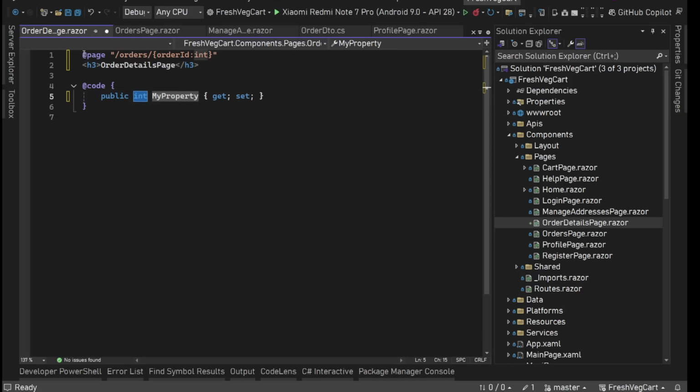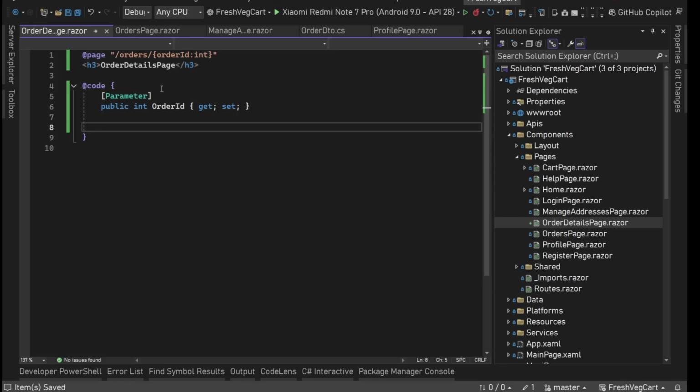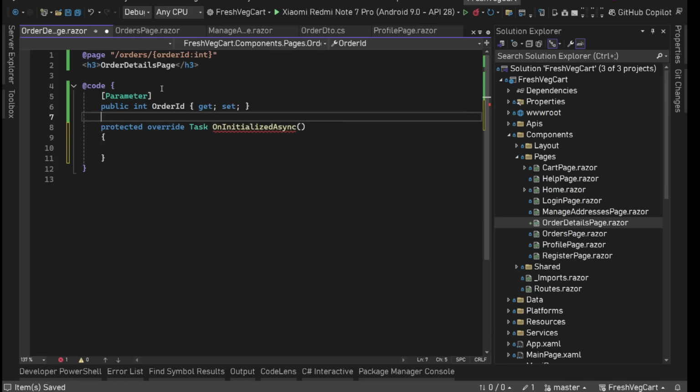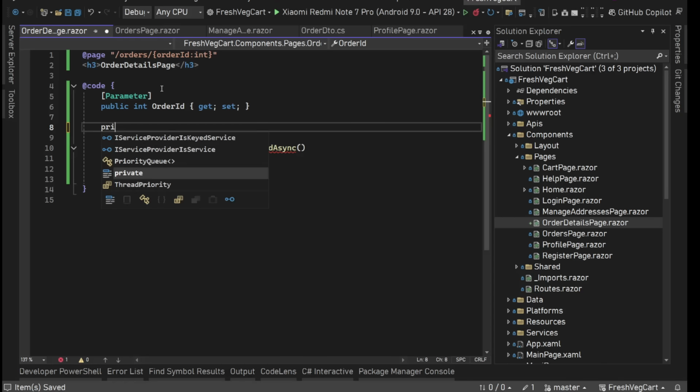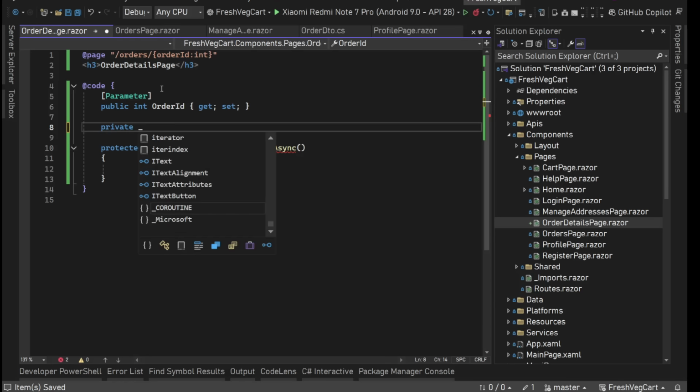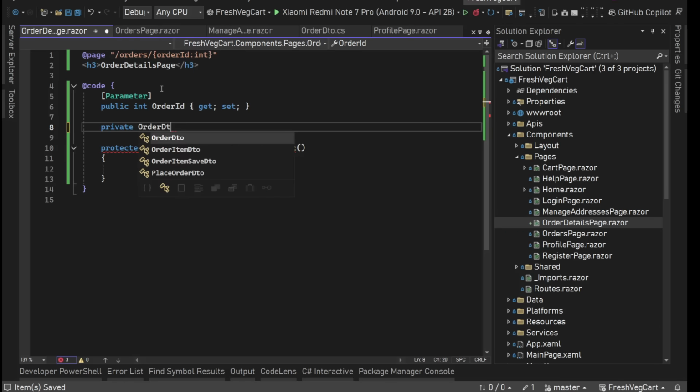We need to get it from the URL, so here we'll say int OrderId. These names should match. This is going to be a parameter. Now here, override OnInitializedAsync, we need to get the order information and the order items. For this we are going to have a private OrderDto order,